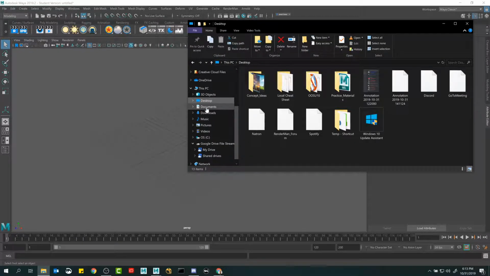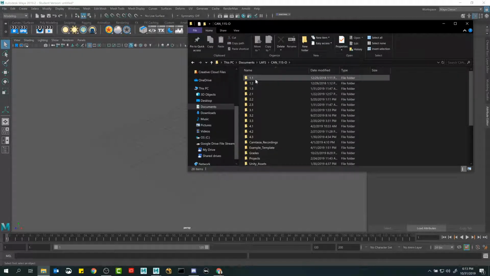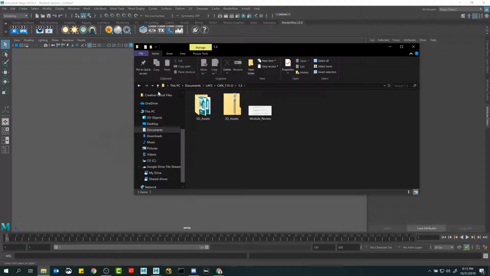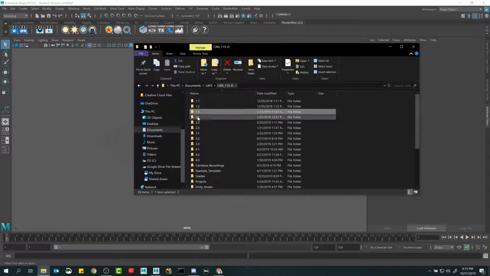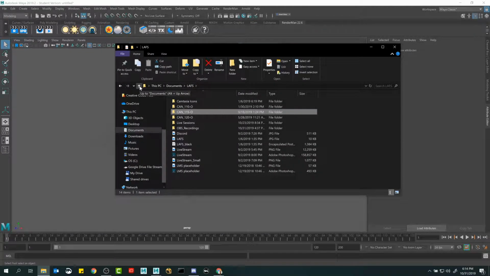So what I'm going to do is look at the files that you guys are downloading. For 1.3, before we even get into that, is just how we're going to organize everything. Hopefully what you guys have been doing in your previous classes is you probably have stuff saved in your documents folder. I would recommend inside of that setting up a folder for each class if you're not already doing that. So in here you can see I got a CAN